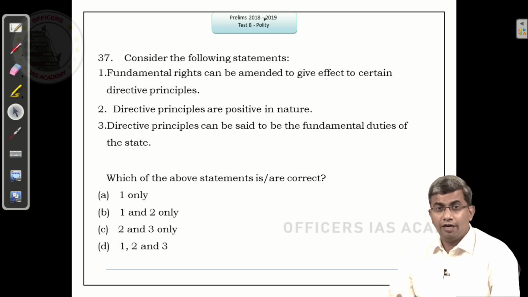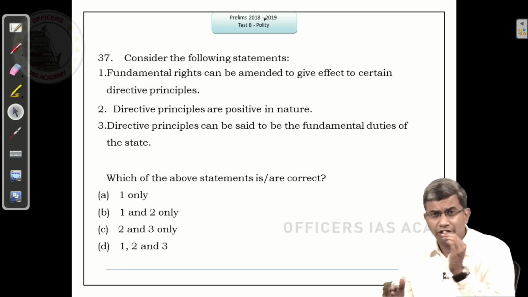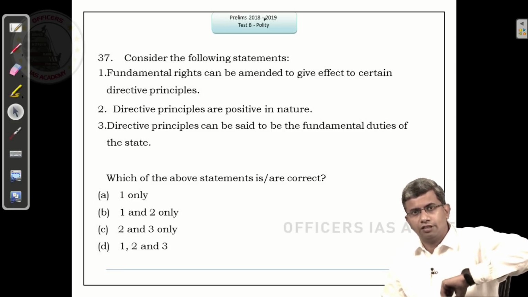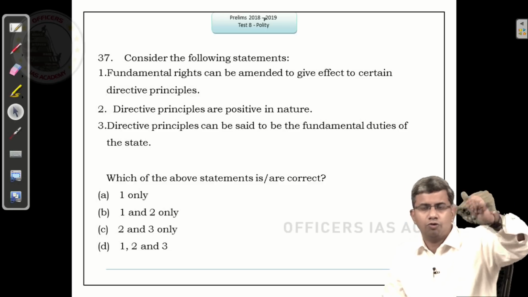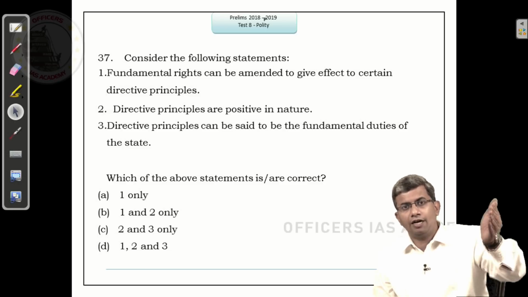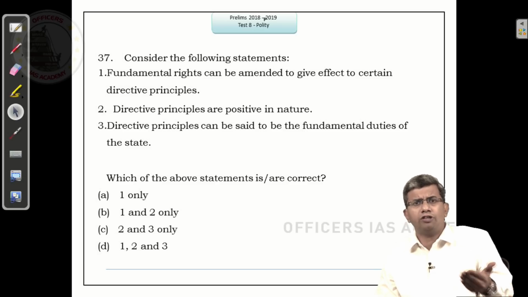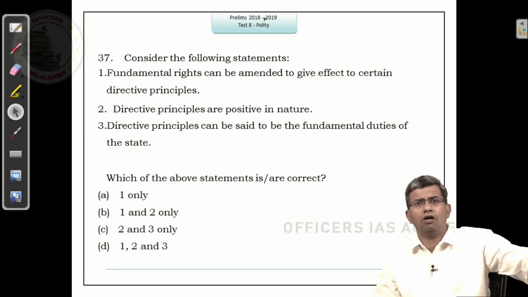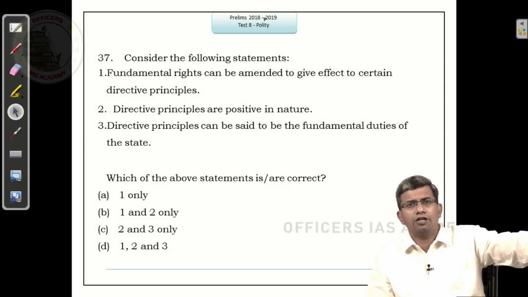Fundamental rights are primarily negative in character because they put restrictions. There are of course positive fundamental rights. We have discussed it in detail in the last test discussion. I don't want to get into it again because you can watch the previous video for that. But fundamental rights are primarily negative in character, whereas directive principles are all positive in character because these are guidelines for running the country, which the constitution makers thought should be given to the future generations, right? So they are positive in character.